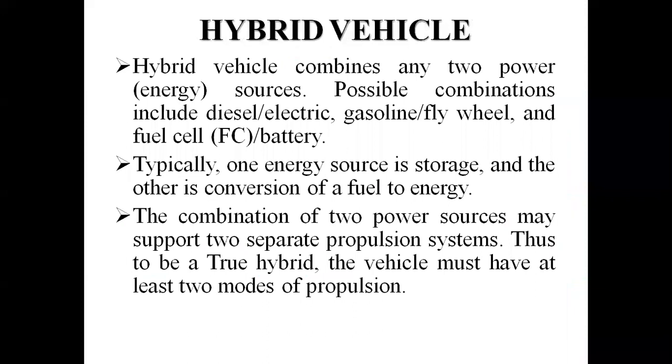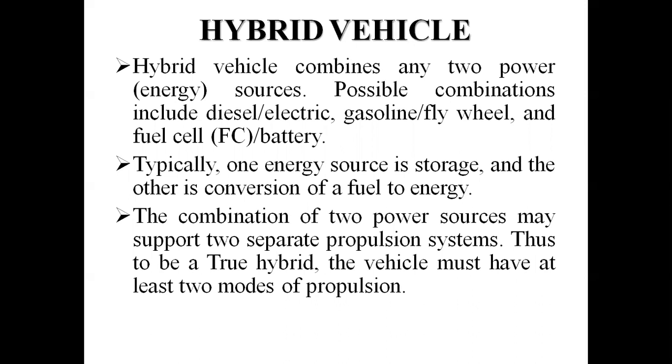Now come to the last topic. This is the hybrid vehicle. A hybrid vehicle means it is running on bi-fuel. Hybrid vehicles nowadays are most common; you can see the Maruti Ciaz, which is a hybrid vehicle, and the MG Hector, which is also a hybrid vehicle. So hybrid vehicles are those which run on both fuels. You have a battery system as well as a petrol or diesel mechanism.